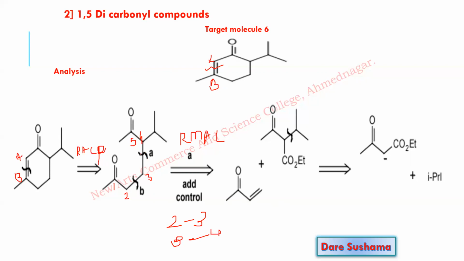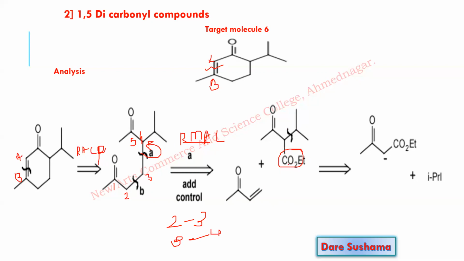So which is the best disconnection here? A disconnection is the best in the direction of what? In the direction of 4. So this part is a Michael acceptor, place the double bond, and this part is the Michael donor. Now why have I shown the COOEt group here? The reason is, for Michael you need an activating group or you need to add a control. That's why we have shown here a COOEt group. I already explained this alpha proton has to be highly acidic. To increase the acidity of this proton, we have to add the control in terms of the COOEt group.